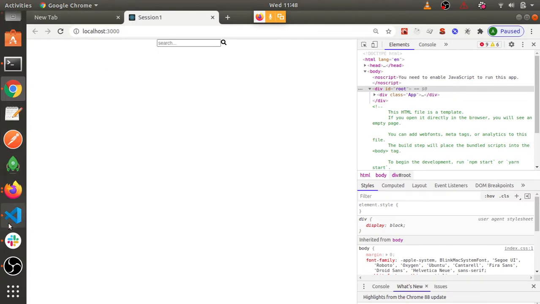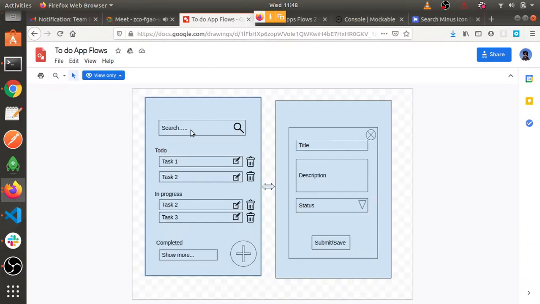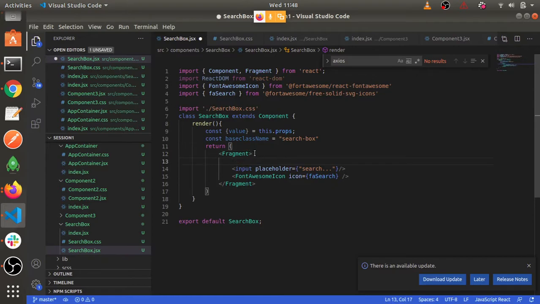Now to achieve this design, what else do we need to do? We need to wrap it inside something, right? I can wrap it inside some div, right? Okay, so wrap it inside some div and give that some outline, some border property. And I'll give it a class name.